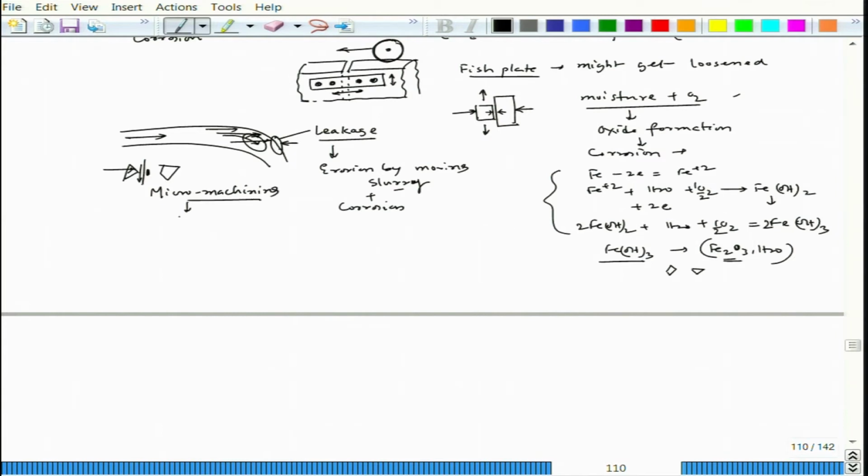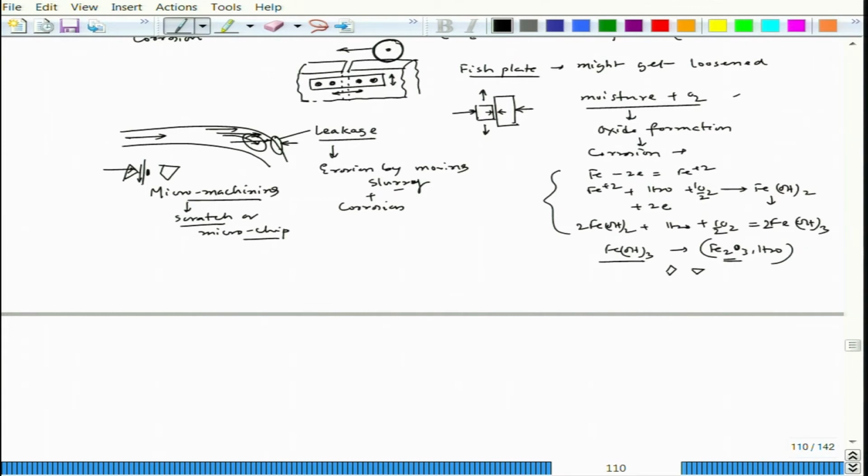And at times it can also make a scratch or microchips, you can say, microchip can form. Okay. So, that actually has a direct wear effect. Now, if it is a scratched zone, now we know that if a scratch part is there, that means it is liable or susceptible to greater corrosion.